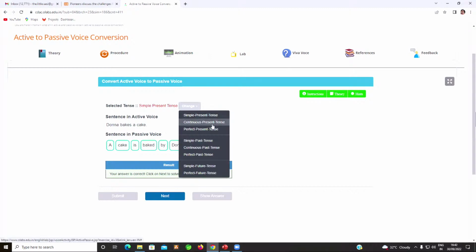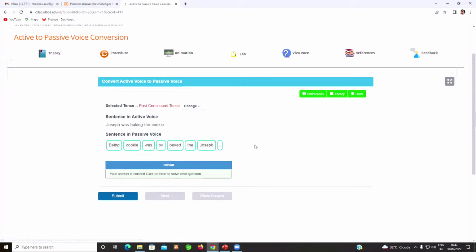You have a good repertoire of tenses here, continuous present tense. So for example, I can say continuous past tense. So now it is generating sentences like Joseph was baking the cookie. Right. So instead of a simple word, now you have the was and were also added to it. I'll do this one also, and then we'll move on to another one. So now I know the mistake I did. So I'm saying Joseph was. Sorry, actually I have to say the cookie was being baked